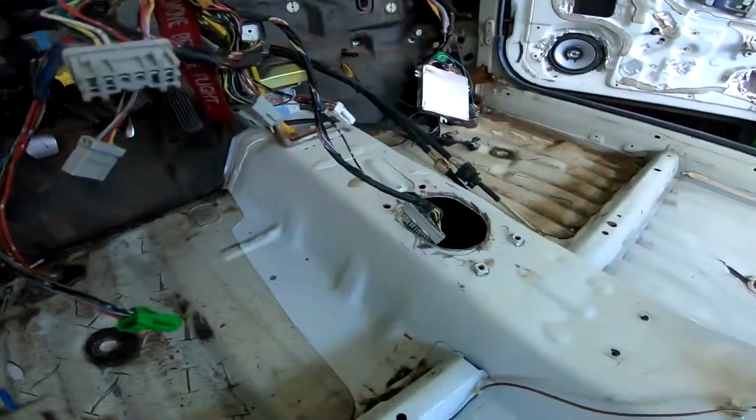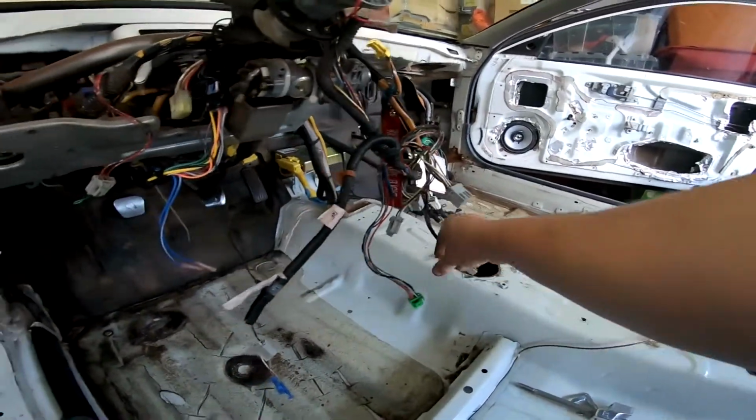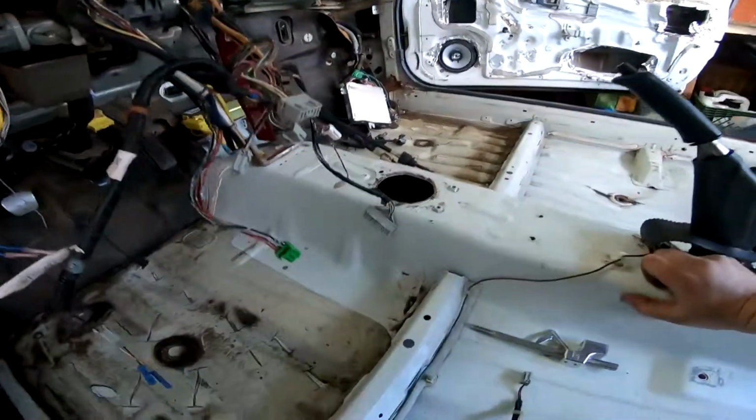Obviously there's a hole from the old shifter, and the RSX shifter sits right on top of it, and I've actually cut it. I don't know that I've showed anybody anything shifter related, but this is where we're at. So there's a little hump in the tunnel here. If you have the money, I wouldn't recommend this route,